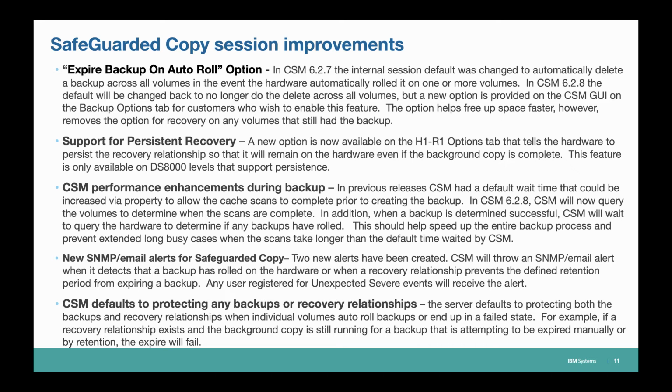So by doing it automatically, we freed up all the space across all the volumes, which helped free things up faster. Well, there was concern about this because even though some volumes rolled, some of the volumes could still be recovered. So what we did is we went ahead in 628 and undid that. So now in 628, we will not, by default, expire the backup across all the volumes if one or more